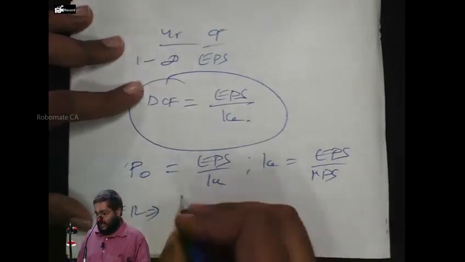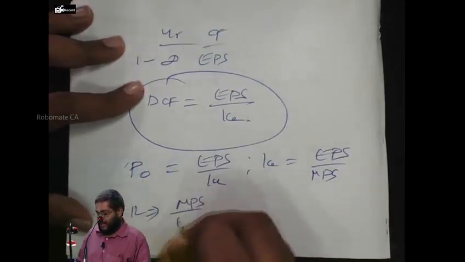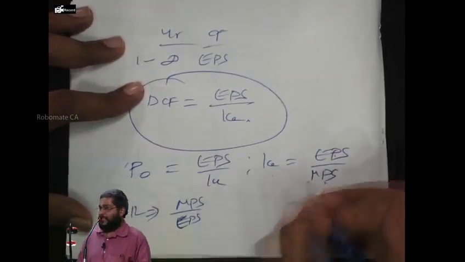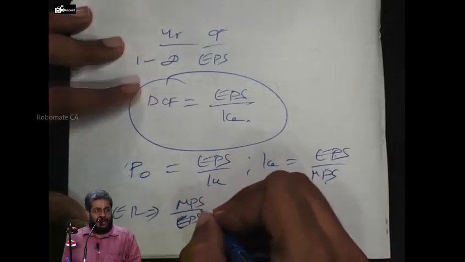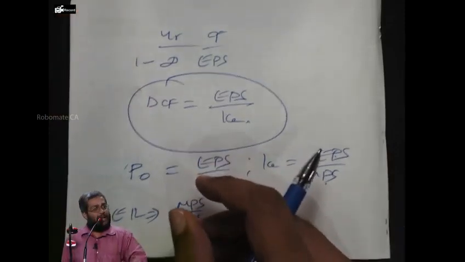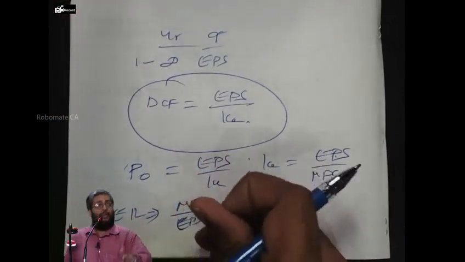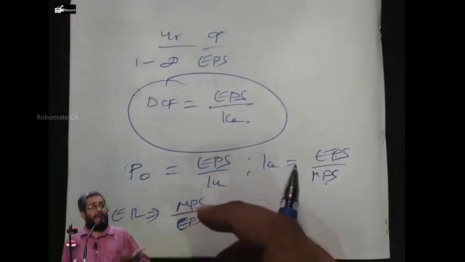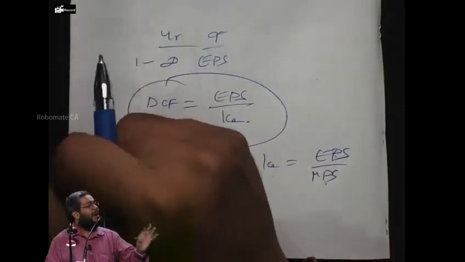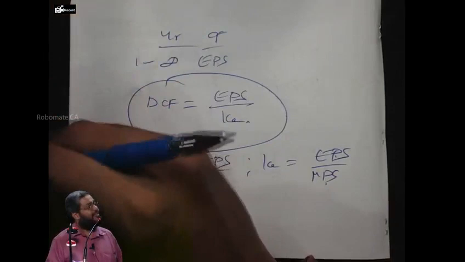The price earnings ratio formula is MPS divided by EPS. From this we know that KE is EPS by MPS, and the PE ratio is MPS by EPS. So what is the PE ratio? 1 by KE. What is KE? 1 by PE ratio. That's all, if you learn that, it is enough. What does the PE ratio represent? How many types of PE are there? All this I'm discussing in equity valuation. Just a small intro to the PE ratio. That's all. Everybody following or not?